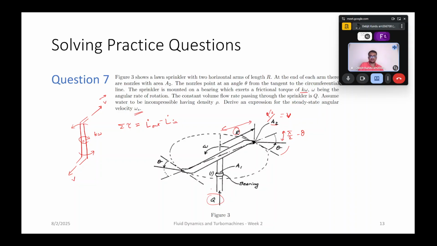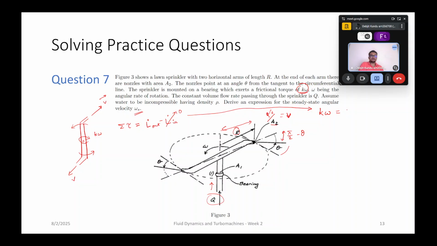Now you can see that the flow is basically perpendicular to the plane in which the sprinkler is. So there's no angular momentum coming in. There's only angular momentum going out. And the only external torque applied here is this frictional torque, K omega. So I'll shift here for more space. So the external torque tau is K omega, and that should be equal to the angular momentum going out, which